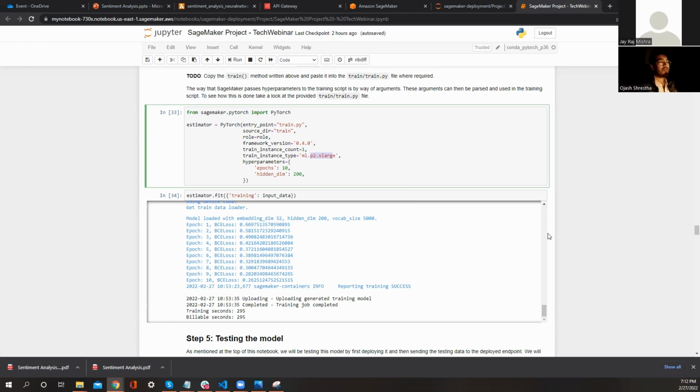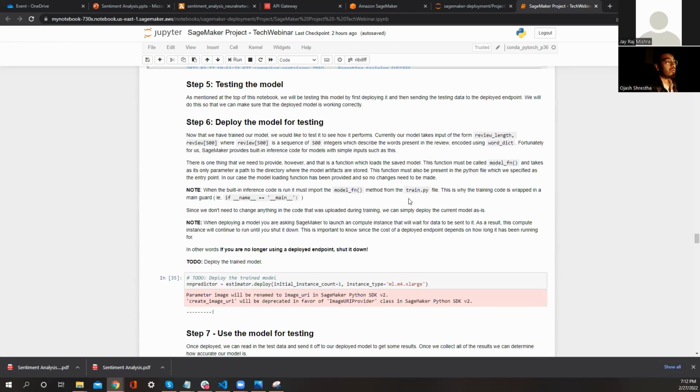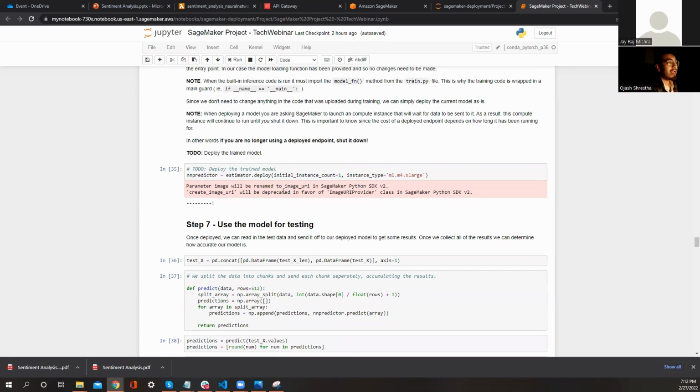If you want an accurate model and huge data sets, you're going to need a big resource, it's going to take a lot of time, and it's going to charge you a lot. So you need to make sure you've got this whole machine learning workflow together to minimize the training time and figure out the sweet spot of hyperparameter tuning. You need to think about how to do it beforehand. Now that we've trained our model, we test our model.